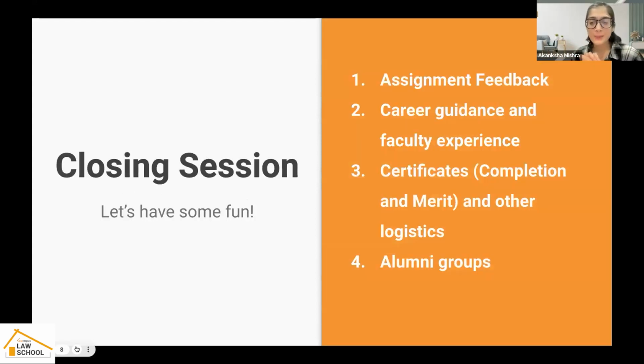Now, the closing session is going to be great. The closing session will not only involve the assignment feedback. As I already told you, we will give you personalized feedback in writing. Along with that, at the end of the closing session, we will also give you an oral feedback on your assignments, just so that you understand exactly what you should have done in that problem that you receive. Along with that, you'll also receive some career guidance, whatever experience that the faculty has to share,